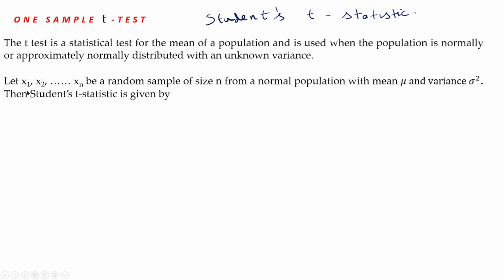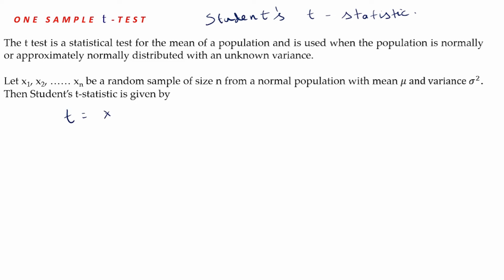Now let us see the t-statistic for this test. Let x1, x2 up to xn be a random sample of size n from a normal population with mean mu and variance sigma square. So we have a random sample x1, x2 up to xn of size n with mean mu and variance sigma square. This sample is from a normal population. Then the Student's t-statistic is given by